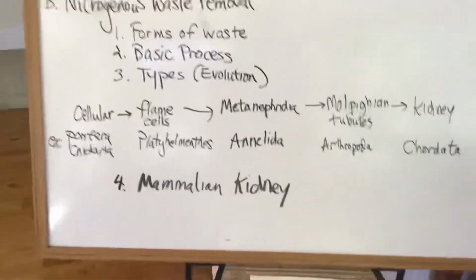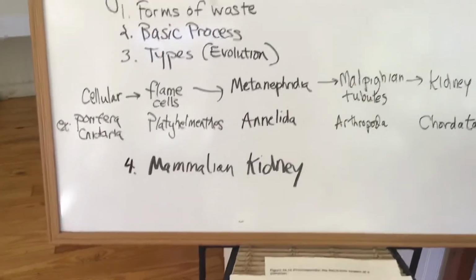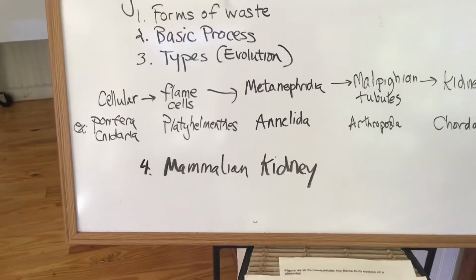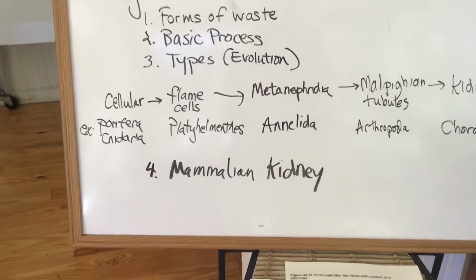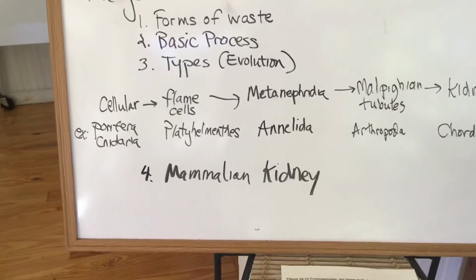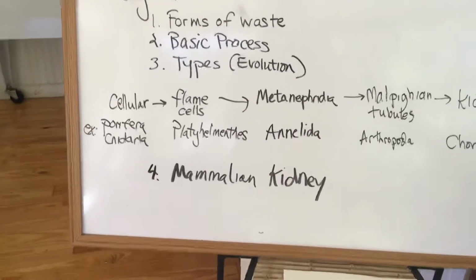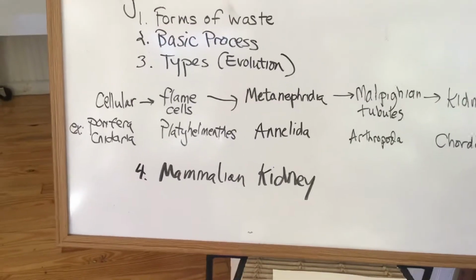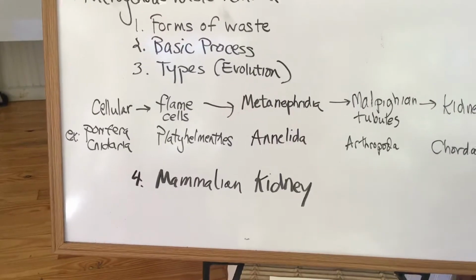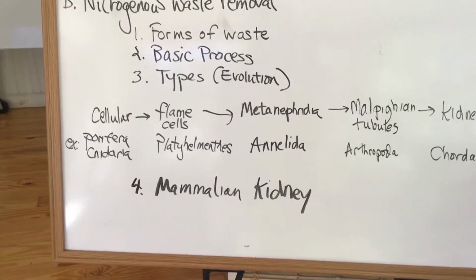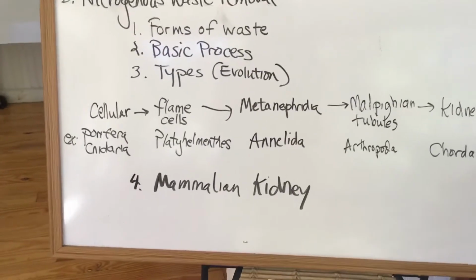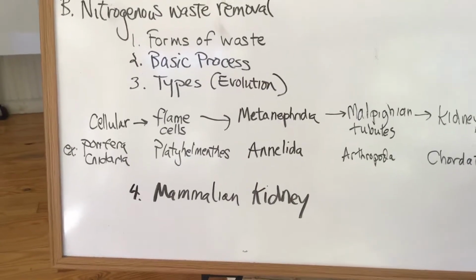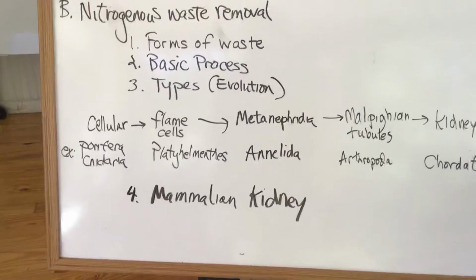Okay, so let's go over the different types of nitrogenous waste removal. We've talked about some of them as we went through the animal groups. Early on in the evolution of animals, very simple animals like Porifera, sponges, do it on the cellular level. The water would be washing past the cells, and nitrogenous waste would just pass through the membrane to the water